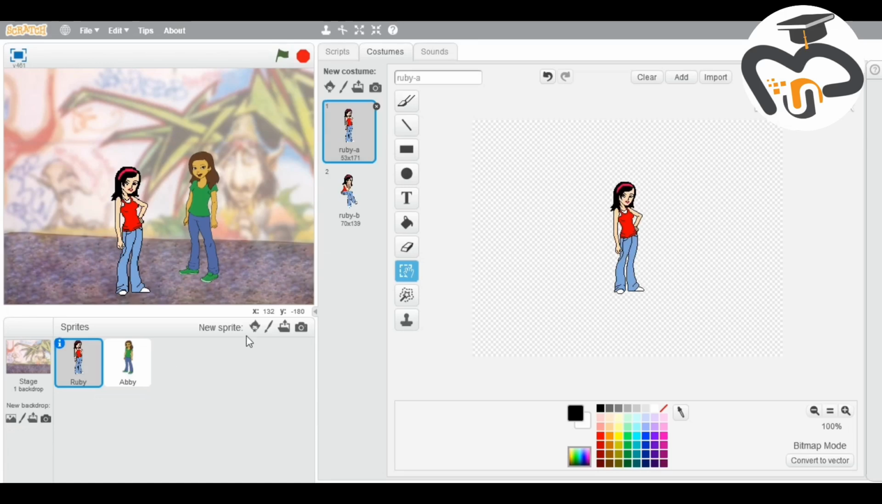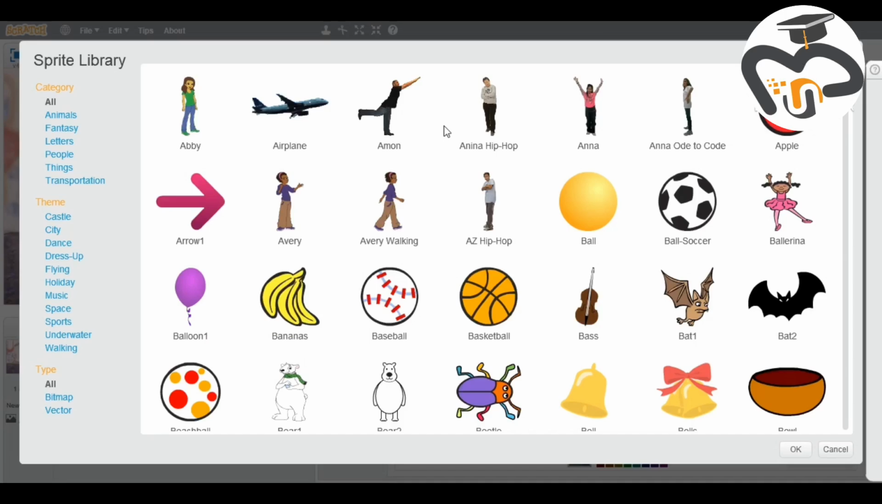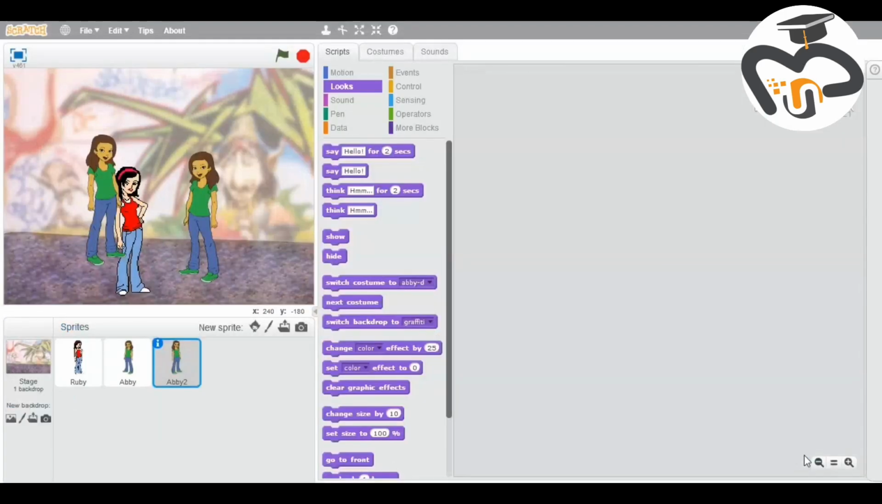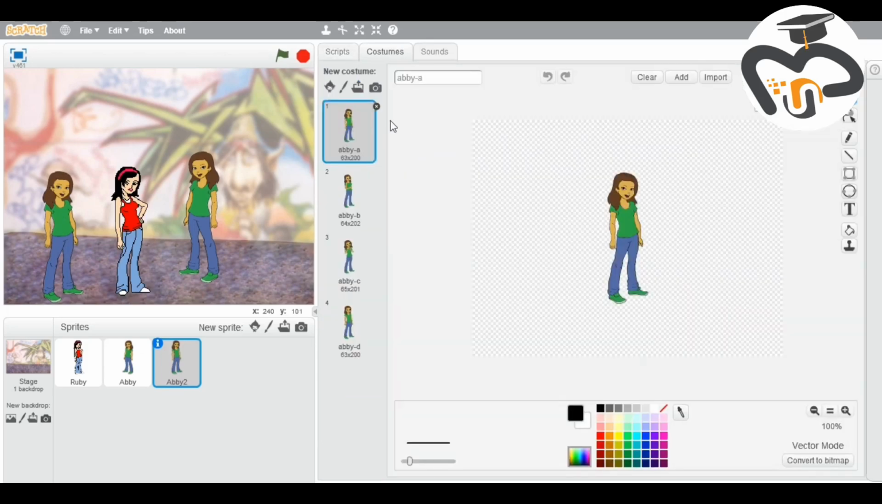And now what I'm going to do is choose a new sprite. I'll be choosing Abby itself, and I'll just use the costumes to change her and make her into a new person. And it's obvious I'm going to name her Ruby itself. Let's give her hair a reddish color. You have to take fill before you choose it. So she got red hair and